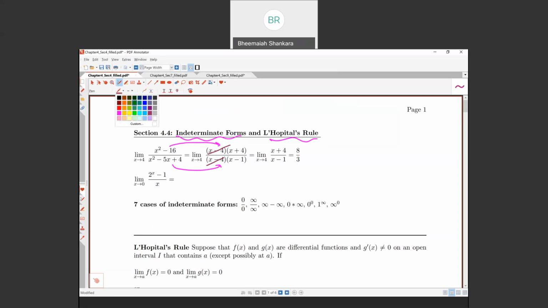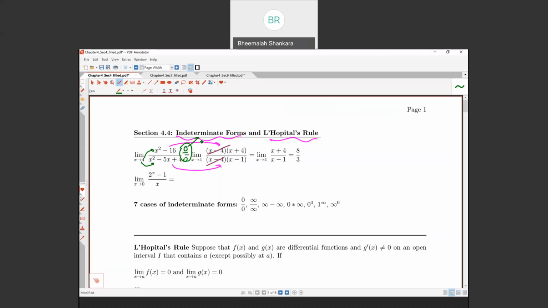Before factoring, had you tried plugging in x equal to 4 in the very first step, which is 4 square minus 16, you would have got it as 0. Similarly, when you plug in x equal to 4 in the denominator, simplify, you get 0. You get 0 over 0 form. 0 over 0 form is an indeterminate form. And you know that you don't want an indeterminate form as your answer, because it's not defined. So what you do is, you try to do some algebraic tricks or any other trigonometric tricks if it's a trigonometric expression, and make sure that you get a nice neat finite answer.